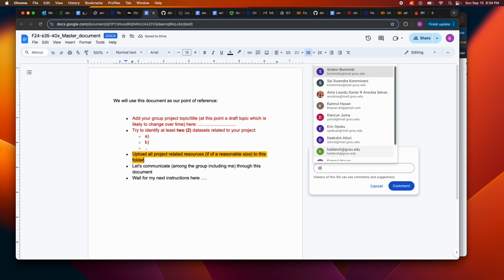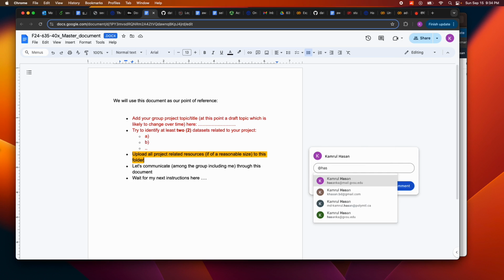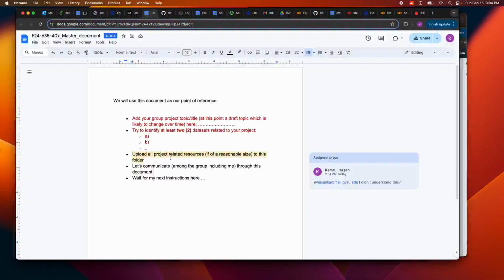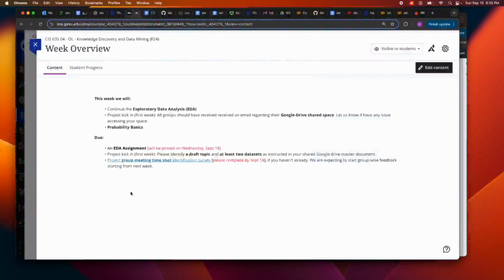For example, you can assign it to myself, and then you can ask that, oh, I didn't understand this. As we progress, we will understand more about how to communicate well for this particular project. So put at least a draft topic and 2 data sets by this week.